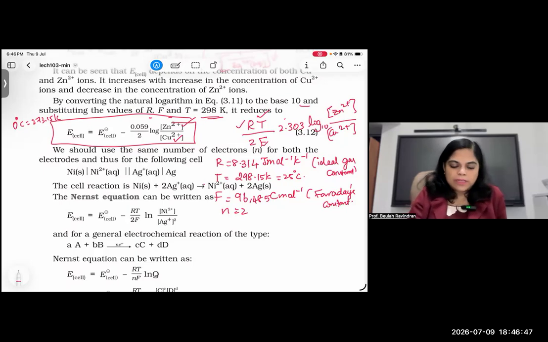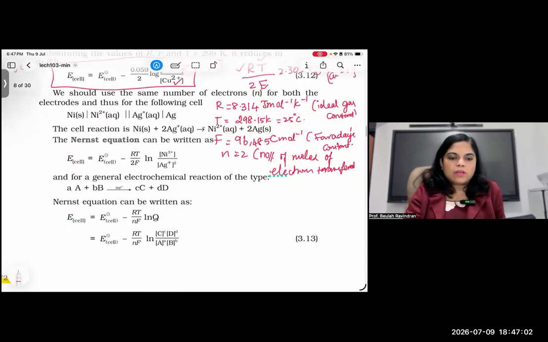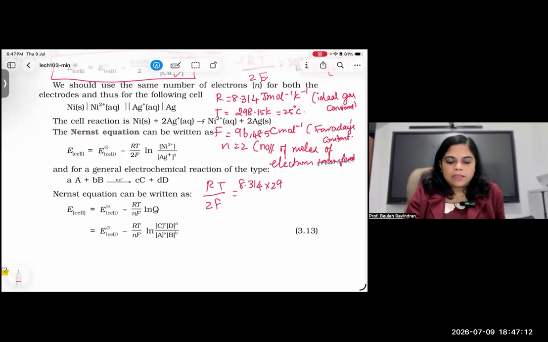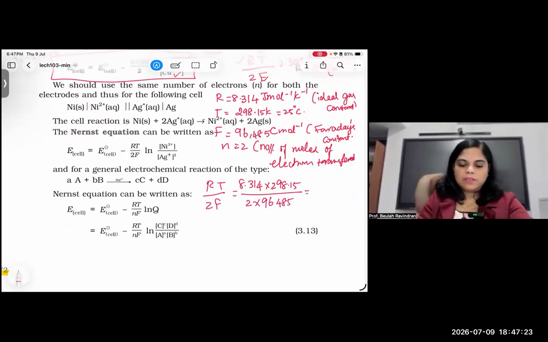Can you all write: number of moles of electrons transferred, n is equal to 2. If you calculate RT by 2F, you have to substitute everything: 8.314 into 298.15 divided by 2 times 96485. If I use a calculator, it shows up